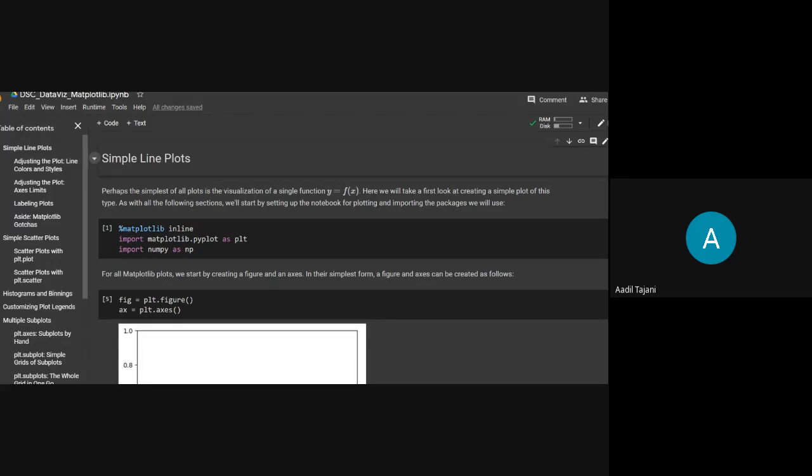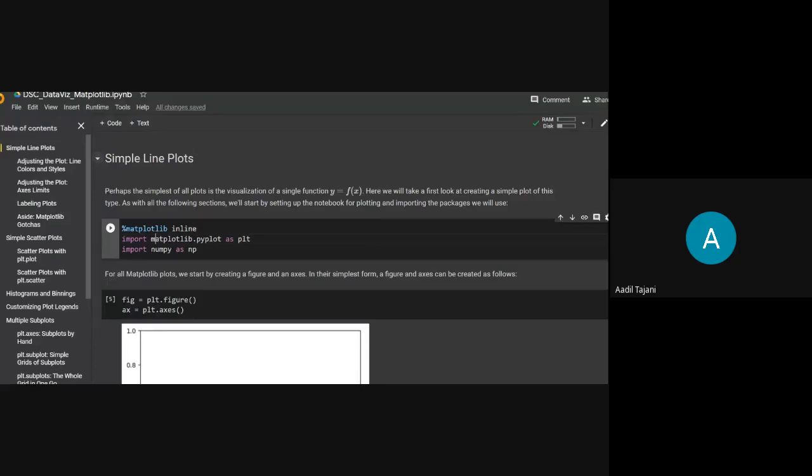First, we'll start with defining the libraries in Colab. As you can see here, the library is Matplotlib. The module in Matplotlib that is used to plot everything is known as PyPlot.